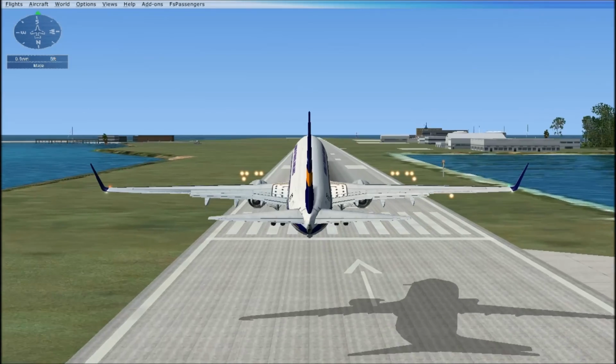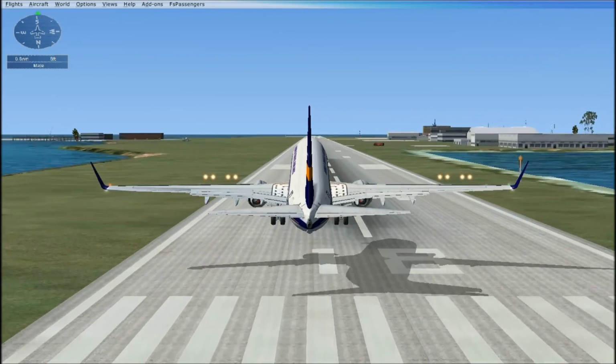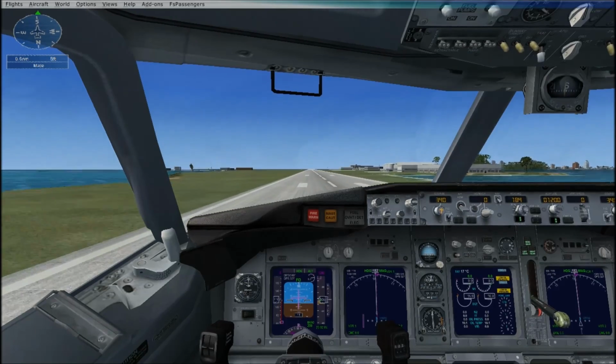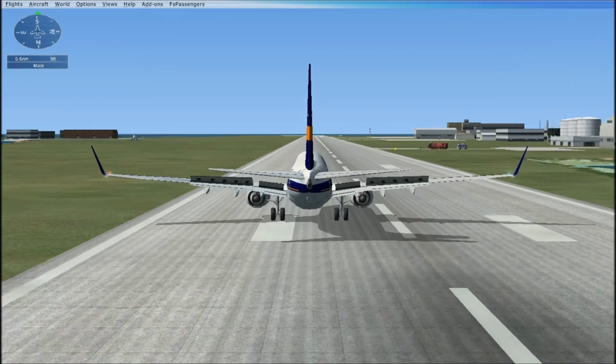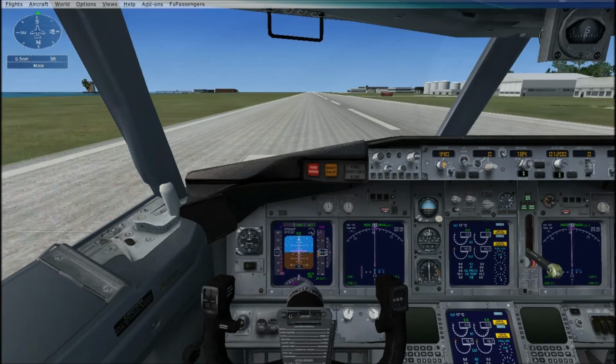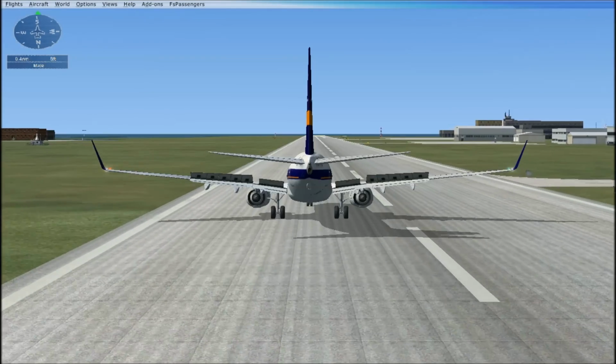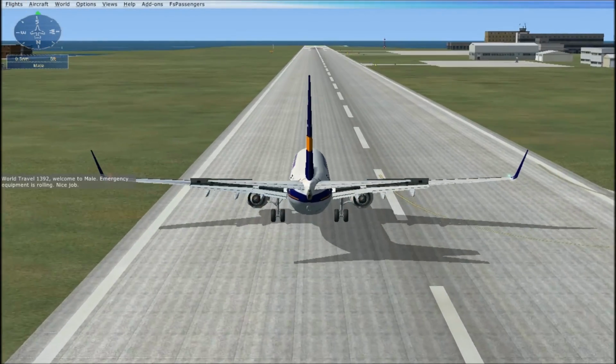So now as you can see, I have been making my way out to the runway. So now as you can see, I made it to the runway. So this is really fantabulous, and I hope you